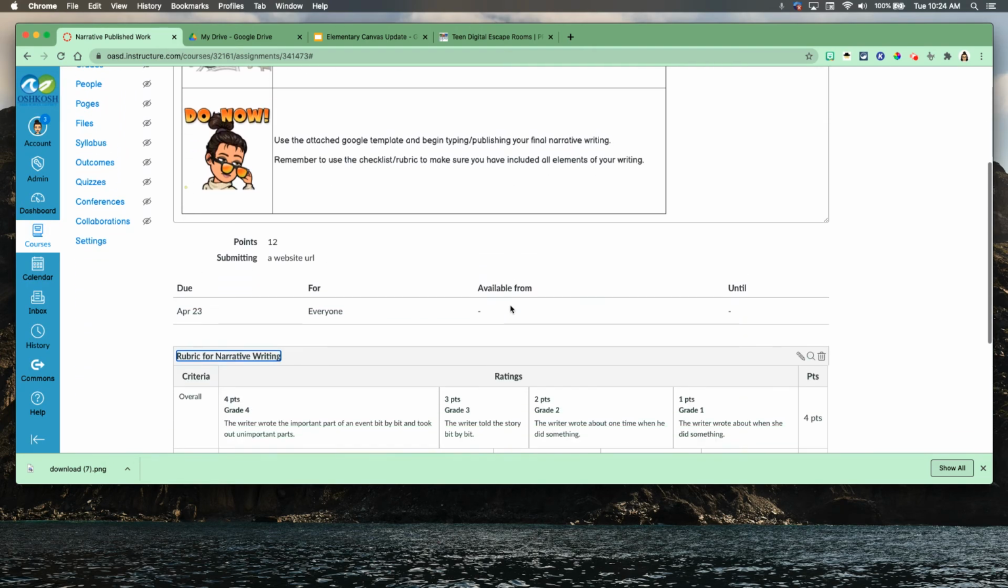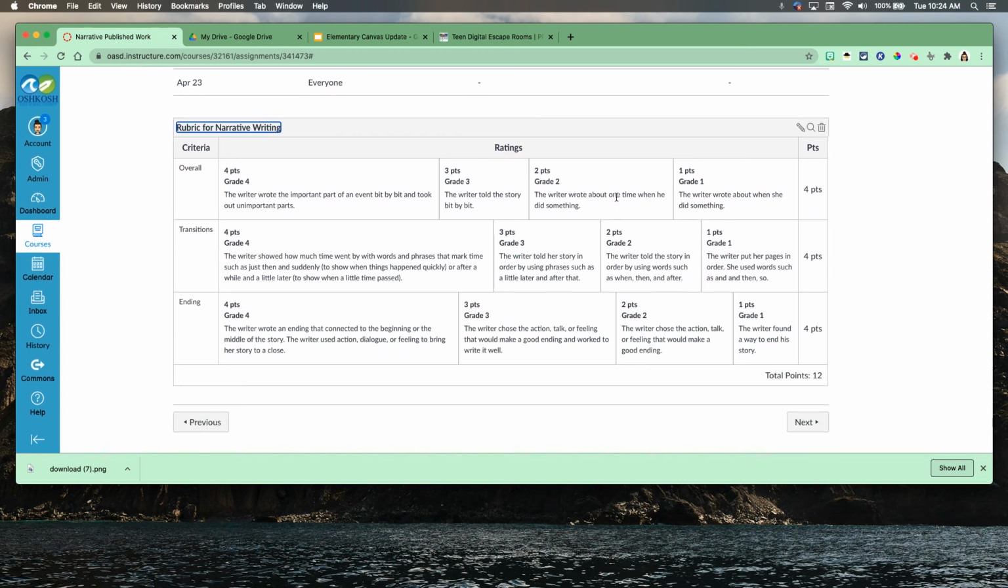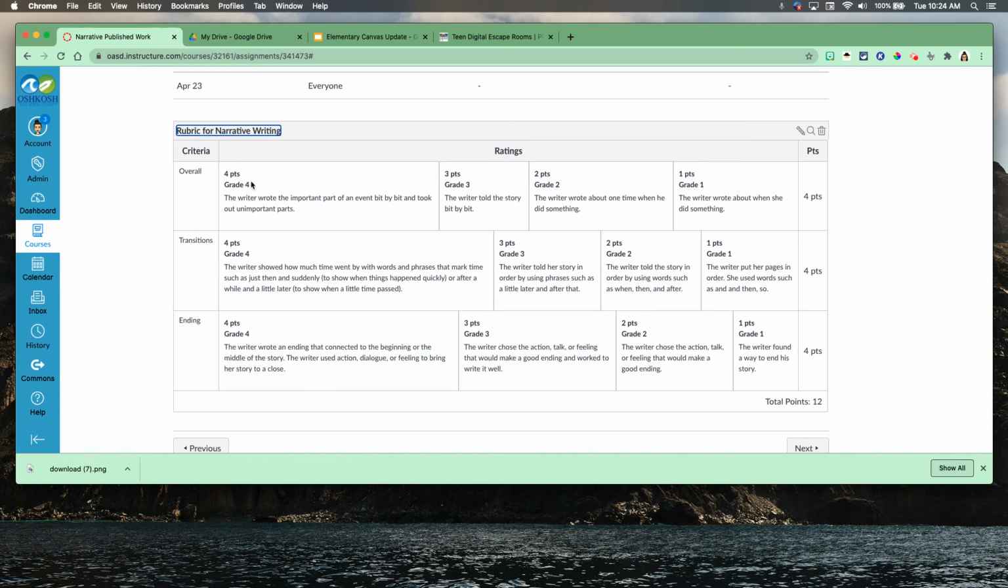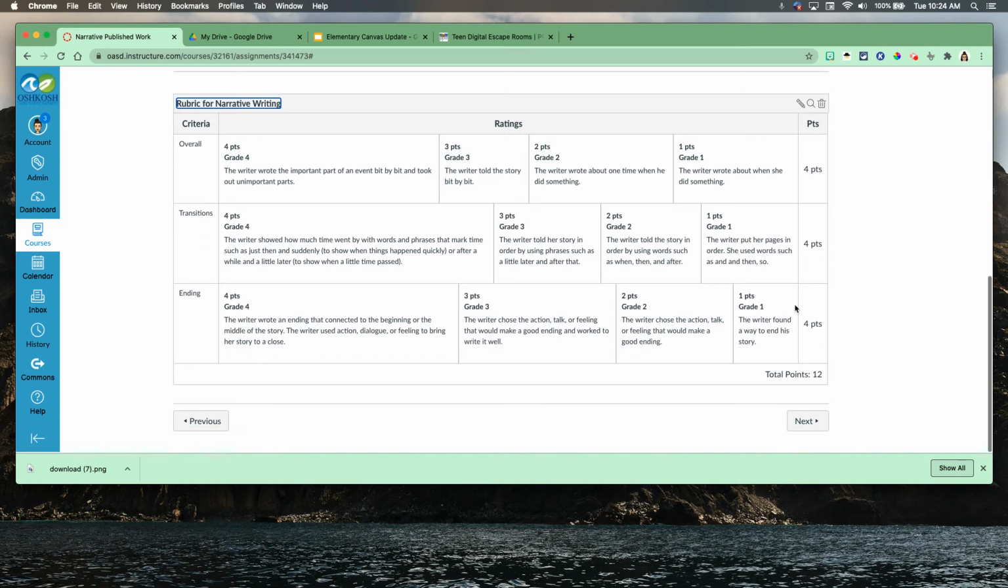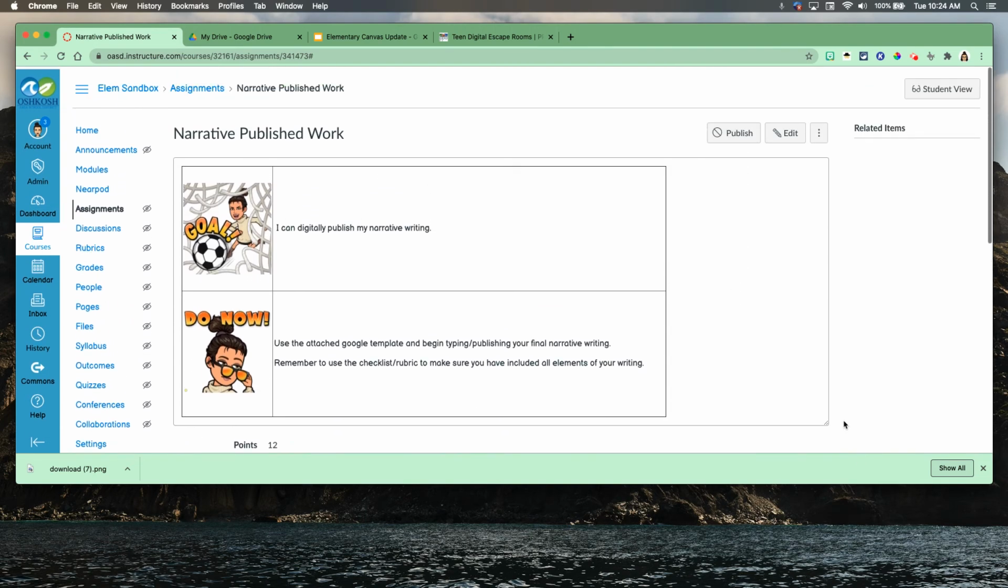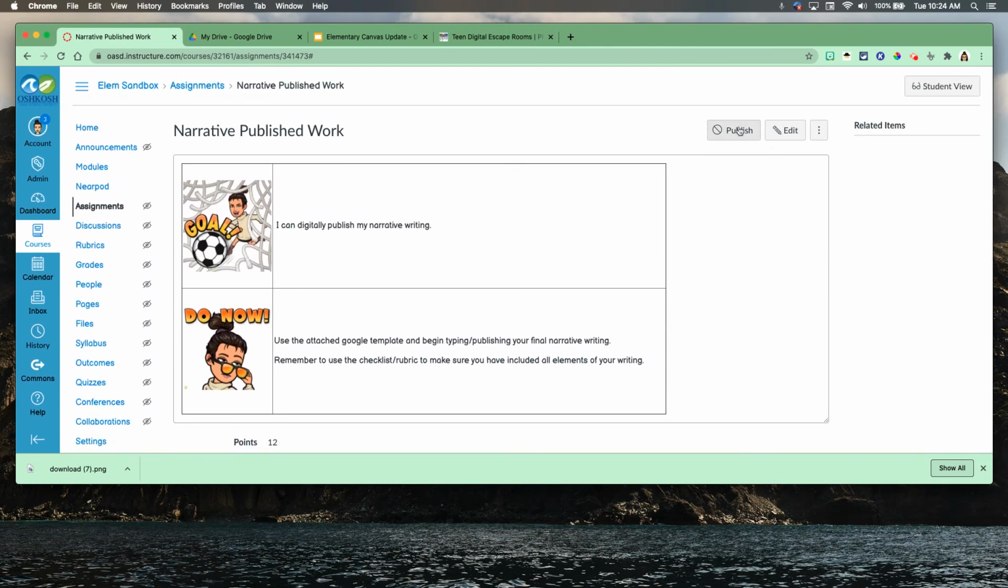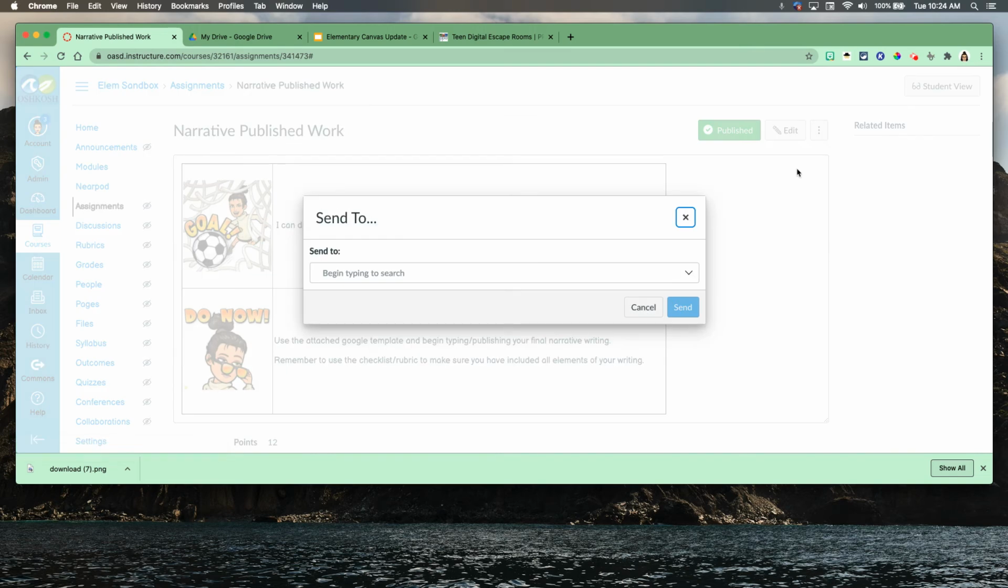All right, so now when I'm assessing my students, they'll see that this is the rubric that I'm using for them. Okay, and I'm going to go ahead and publish it. And the nice thing is I can click on these 3 dots and I can send it to, and I can click another teacher. So let's say,